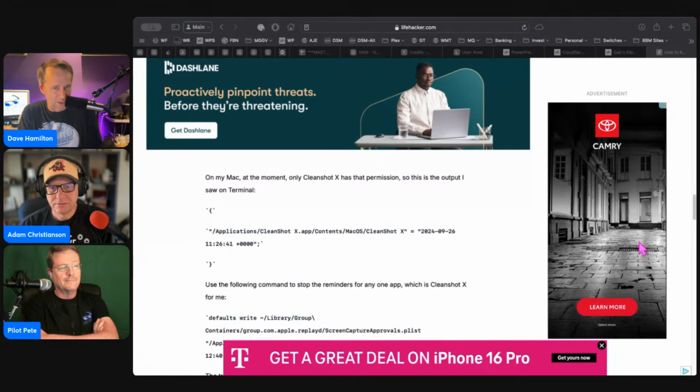It is manual, though. No one has, at least not yet, written a utility to find these and do it. I wouldn't be surprised to find something like that in, say, Lingon, though, eventually. It could be written as a utility that goes and parses this data, shows it to you, and lets you just edit the dates. So thank you for sharing that, Michael. The link, of course, is in the show notes at